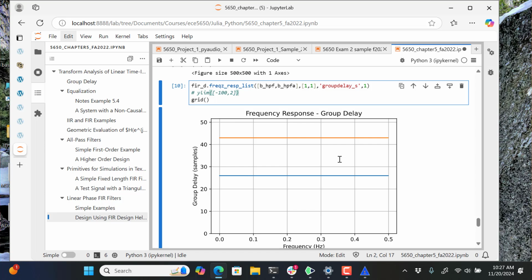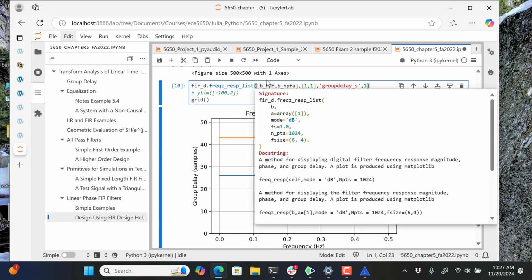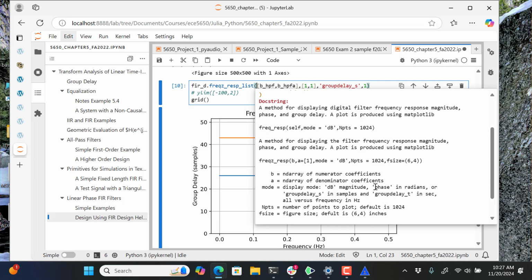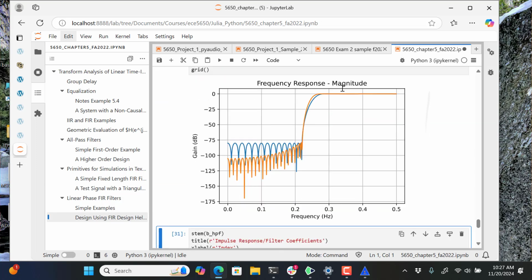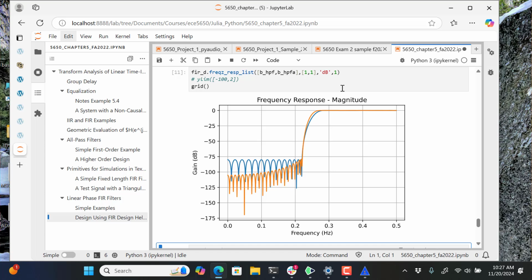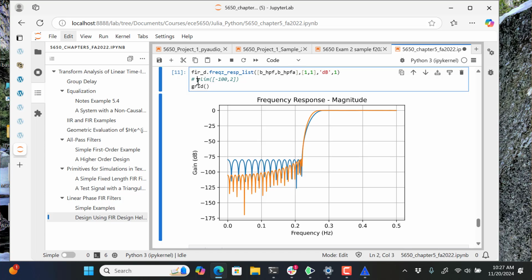But if I wanted to see the shape of the filter, I have to go into here, and if I want to remember what that is, I have to go back up to this function and do Shift Tab, and I will see what the various options are for this function. dB, where I was in group delay, in samples or in seconds, I provided both of those, but let's put dB in here. And I could tweak that to see it better. I could go Y-lim,